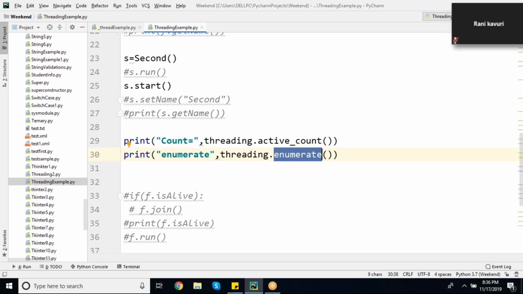Okay. Next. By default, the name for the threads will be main. For the main thread it will be main thread, and for other threads that the user is creating, it will be thread-1, thread-2, something like this. If you need to give a new name for that,